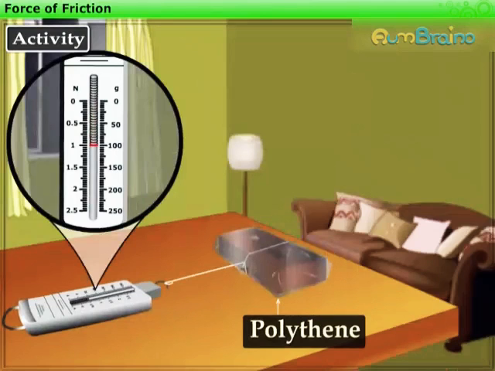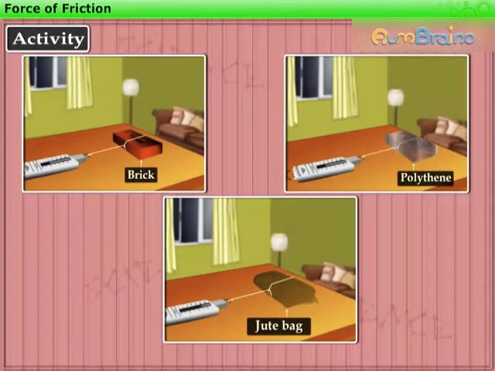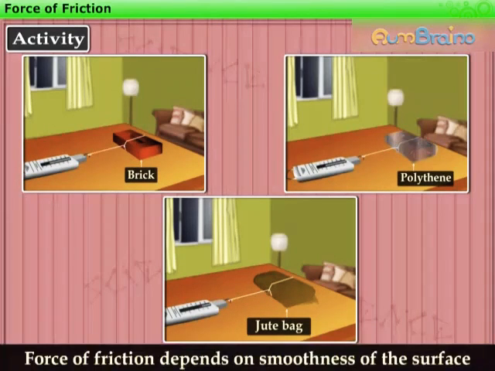You will observe that the brick, when wrapped in polythene, gives the minimum reading on the spring balance, due to the smooth surface of polythene. This indicates that the force of friction depends on the smoothness of the surface. Note that friction can never be entirely eliminated, as no surface is perfectly smooth. Some irregularities are always there,